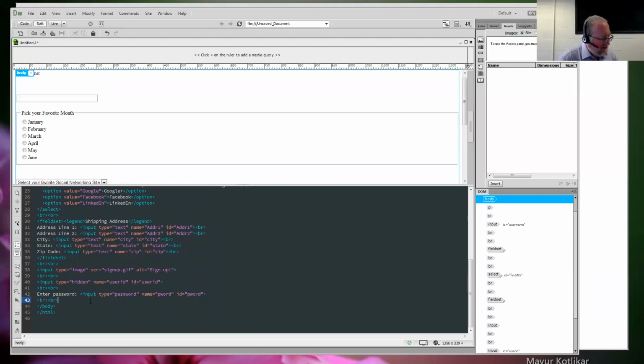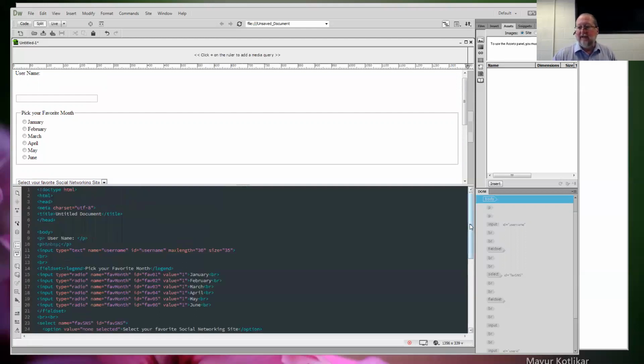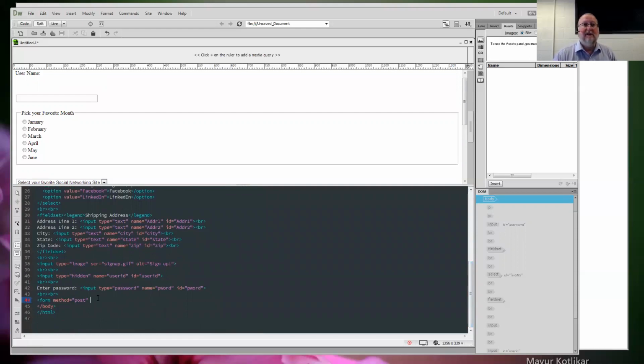So H says a form tag to invoke server-side processing using the PHP script at the Pearson website and the post method, which is the more secure of the two. So this one, you'd have to have a form tag, and then after the form tag, you have to specify the method. And the method is post. And notice Dreamweaver is automatically presenting to me, as I type in these reserved words, the attributes and the values that are possible. So here's where you put the script, action equal,